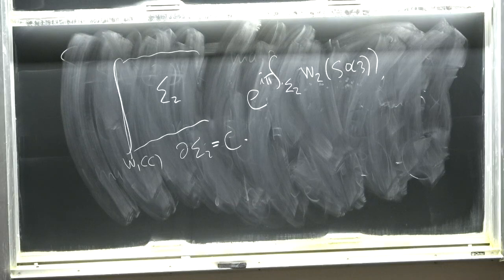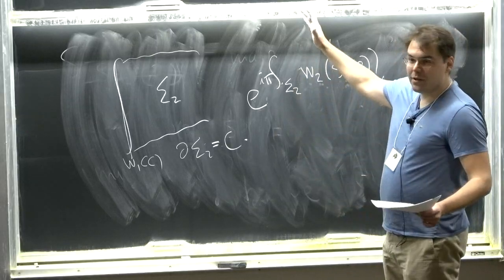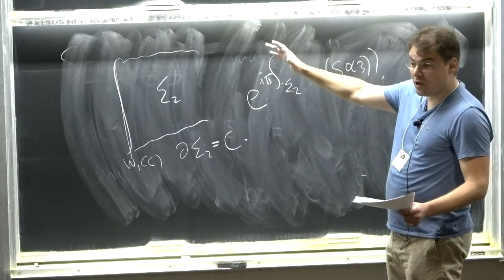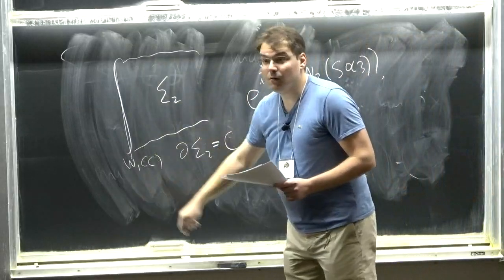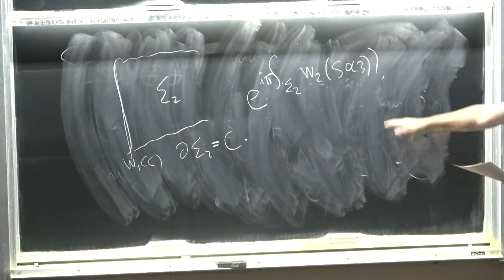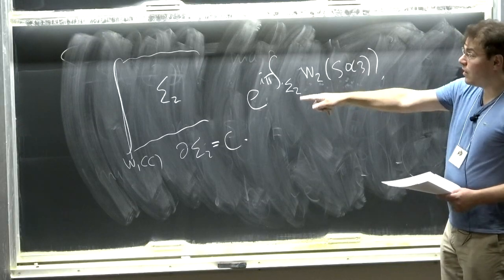Now, this is a statement about quantum mechanics, but now we would like to uplift the discussion to Maxwell theory, which lives in a 4-dimensional space. So now these lines live in 4-dimensional space-time. So how do we implement this attachment of the surface W2 to the line?